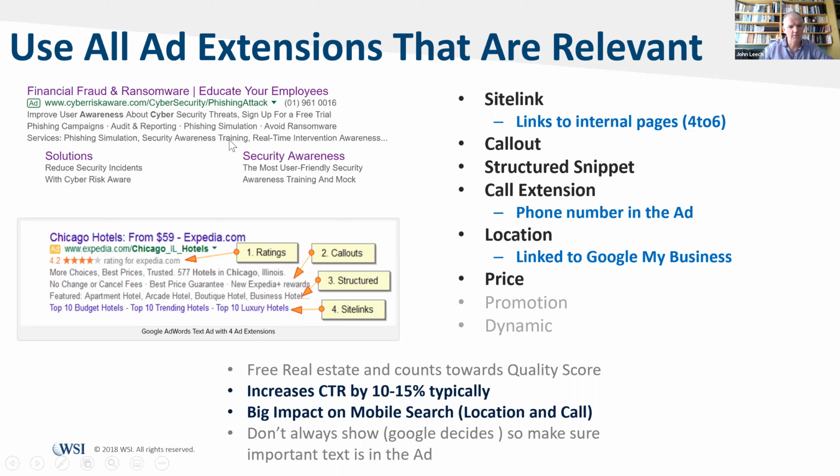Now, the thing to remember is all of these extensions don't always show. Google decides on a case-by-case basis, and it might show them one time, not show them the next. So you need to make sure that your important text is actually in the ad copy, in your headlines and in your description. That's the key thing to making sure you're getting the key message across all of the time. So let's go back to